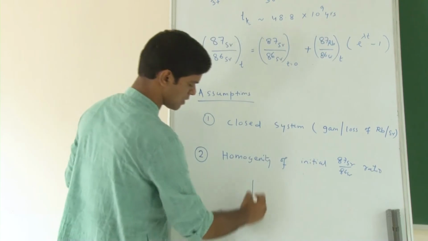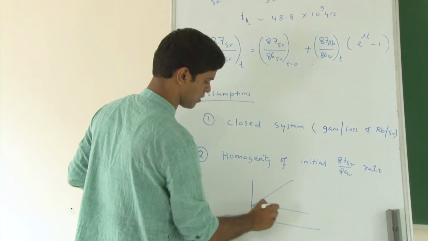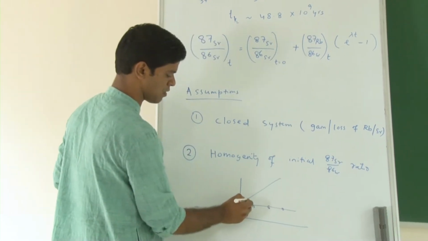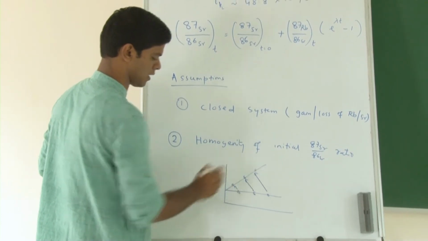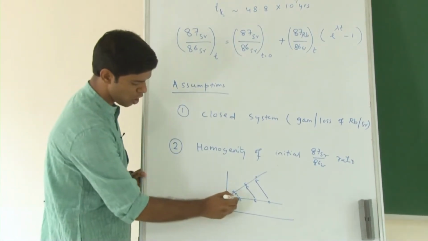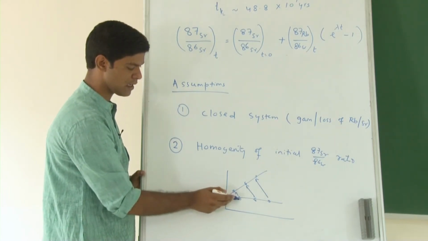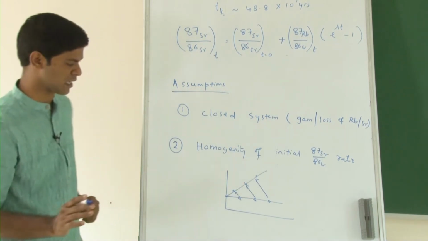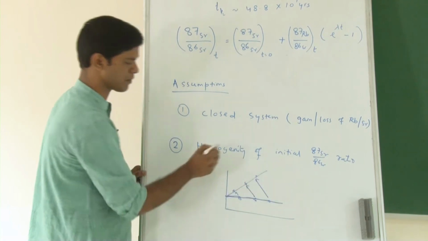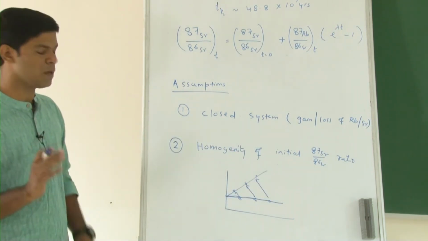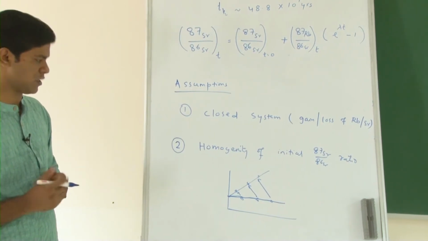What I mean is, when you start your samples, we discussed this isochrone line where you start 3 samples from the same ratio and then they evolve over a period of time and you get an isochrone line. But let us say all these points are not starting from the same initial ratio, then they may not follow a straight line. They will critically depend on the homogeneity of 87 by 86 strontium. That is one important assumption involved in the 87 by 86 isochrone.